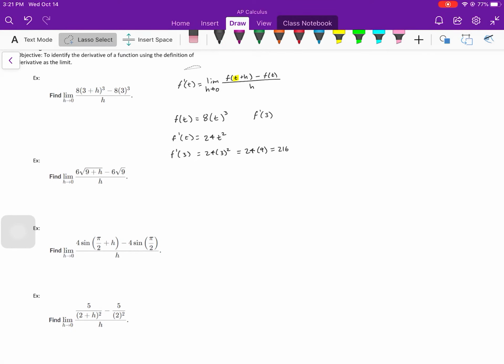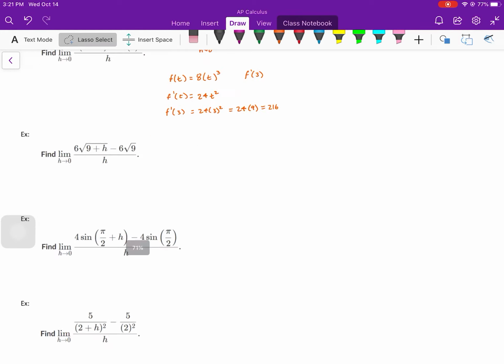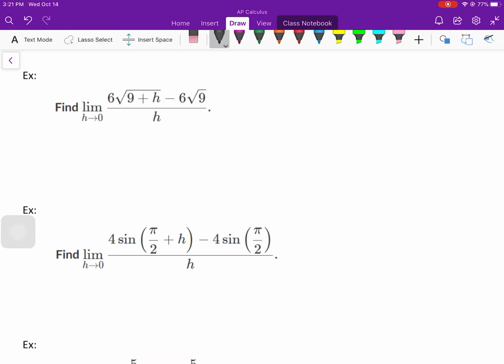So, similar idea. On this one, you can kind of look at this function and go, hey, my f of x is probably 6 square root of x, and I need to find f prime at 9. I think about it. 6 square root of 9. You can see the 9 plus h is kind of the giveaway that we're going to evaluate at 9. So the rest of it's probably the function. And remember, the whole formula is